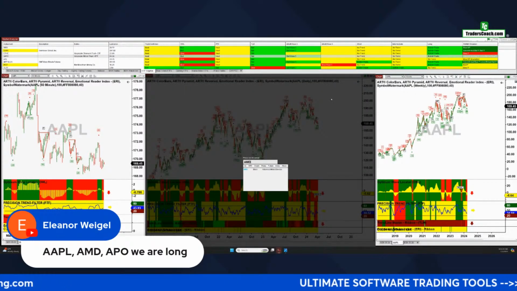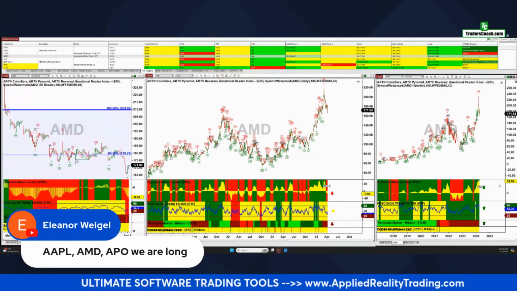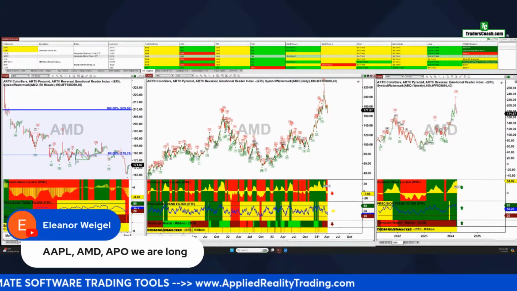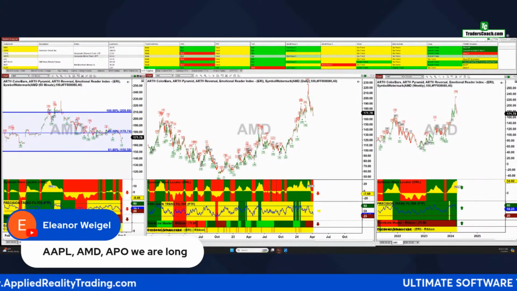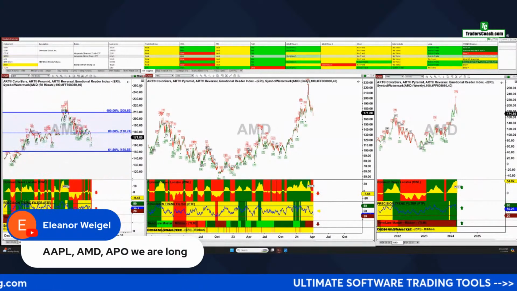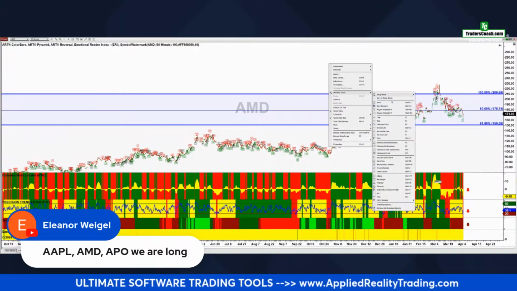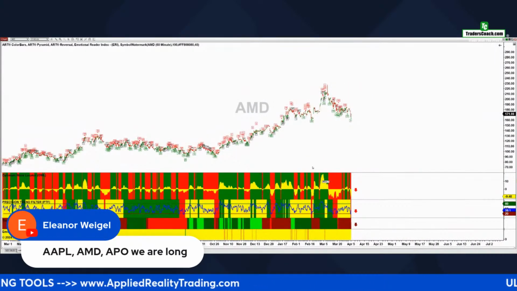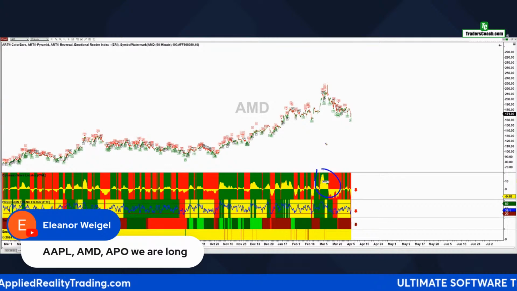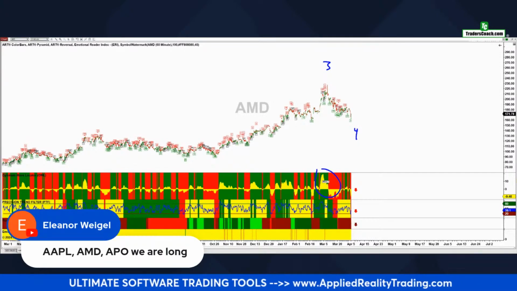All right, AMD. Let's see what we got cooking here. All right, so for AMD, at least we have a green PTF on that weekly chart, so that's good. We've kind of calculated on AMD here. Let's open up this chart here and see what we got cooking. I'm going to redraw this one because it's changed since the last time we looked at it. So we had a nice big move up here. Notice the large owl here. So wave 3.